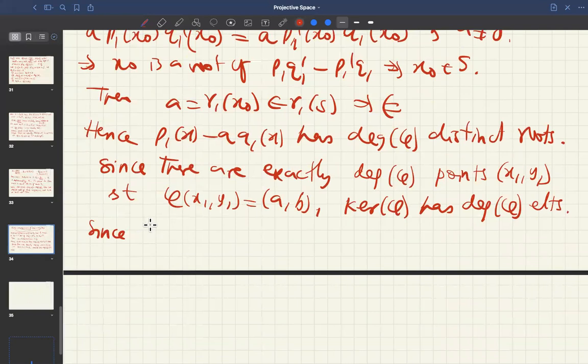Since phi is a homomorphism, endomorphism means homomorphism,